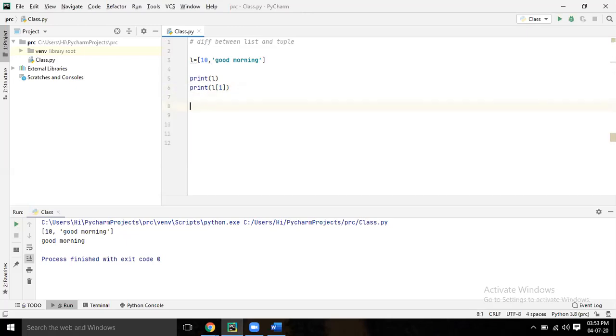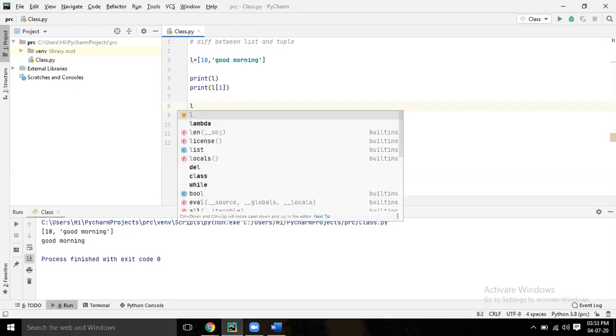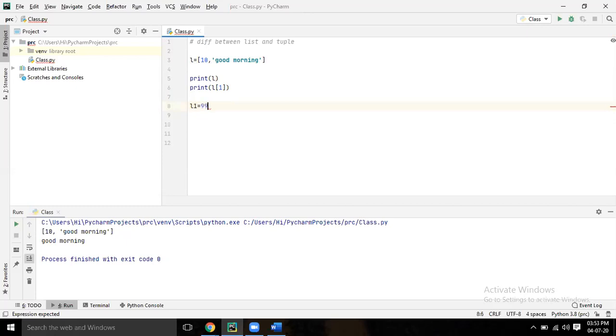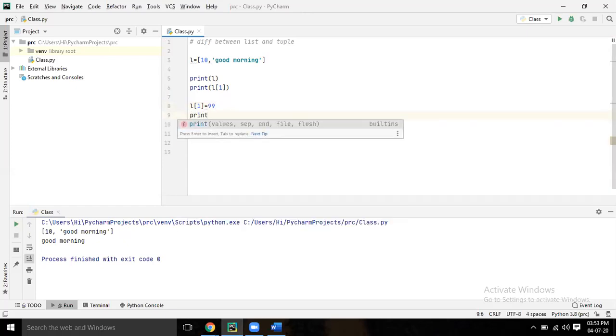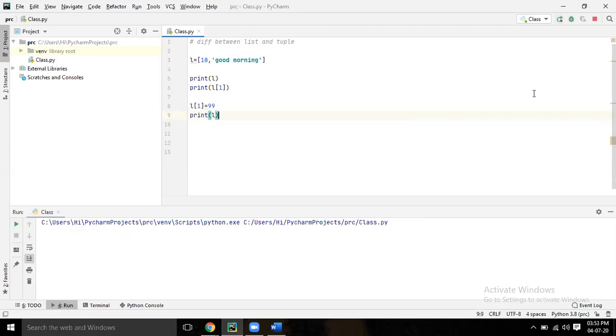L of 1 equal to 99. Now print L. What you can observe is we can change that good morning into 99.